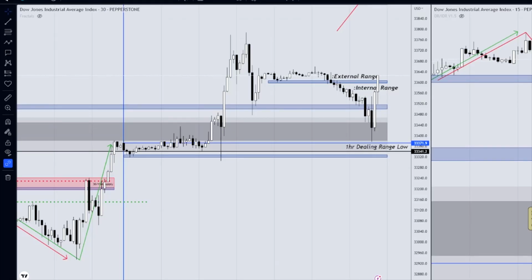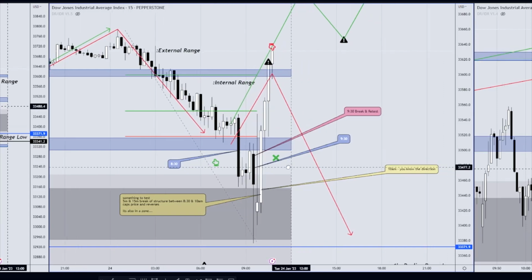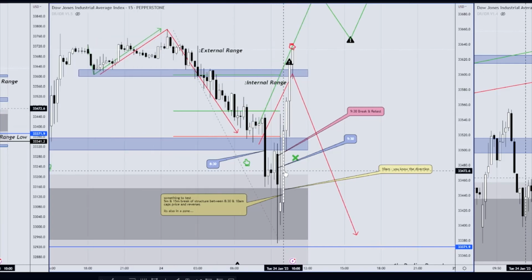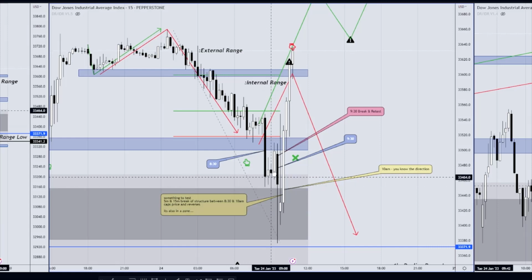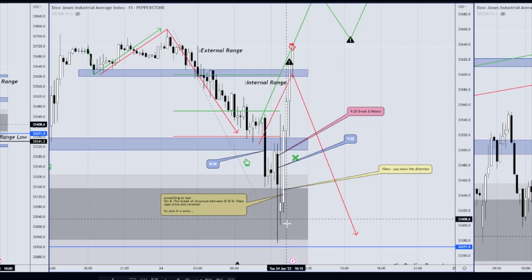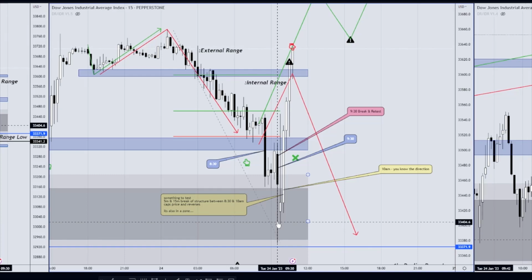Okay, my interest is really piqued on the 15 minute candles at and after 10 AM. Notice price is coming down. We get a low, high, lower low. This was a rapid movement down. That was a decent entry for a 3 to 1 on the way down. Price hadn't broken, so we can continue anticipating getting a 3 to 1 out of the market, sticking to the 3 to 1 outcome. After 10 o'clock,